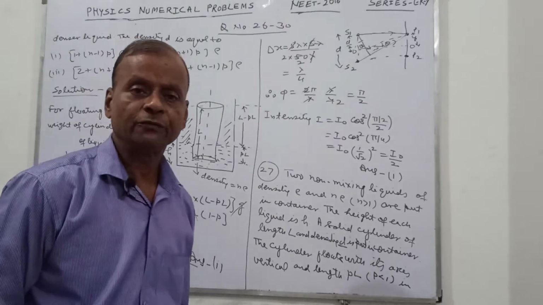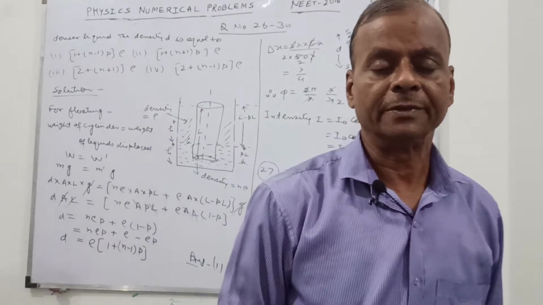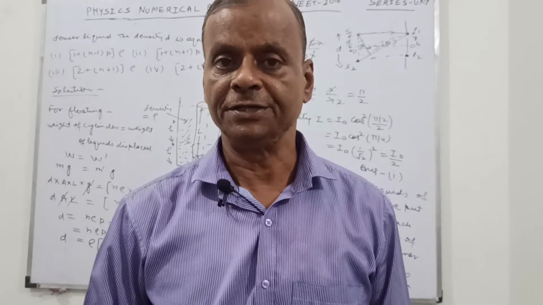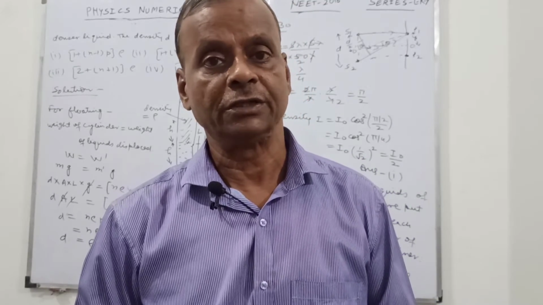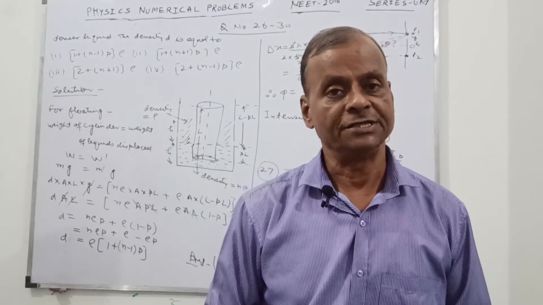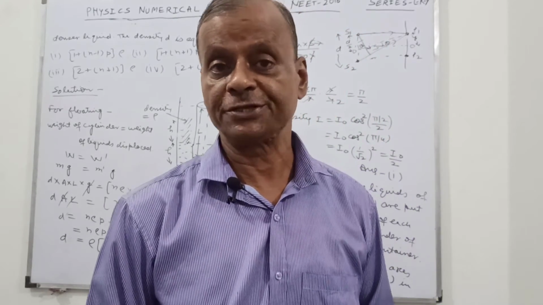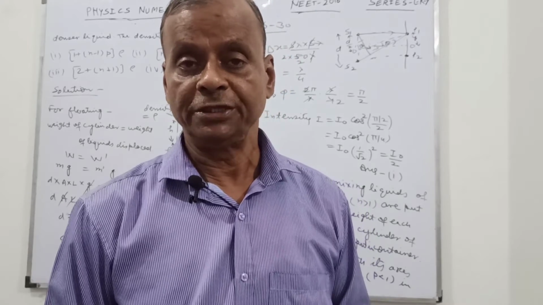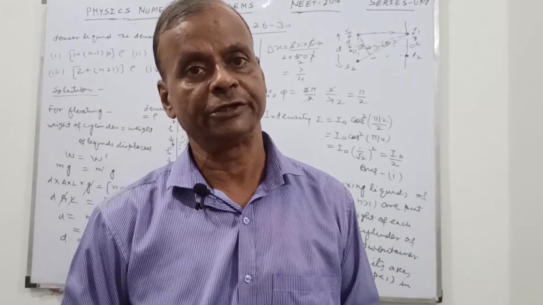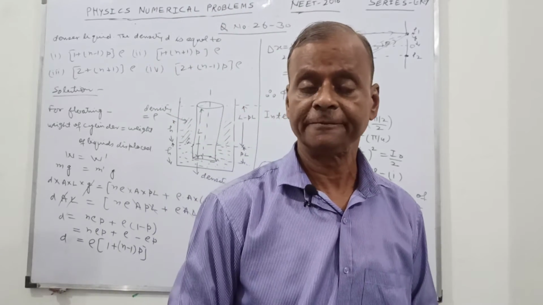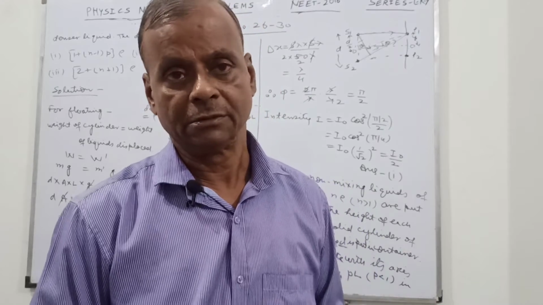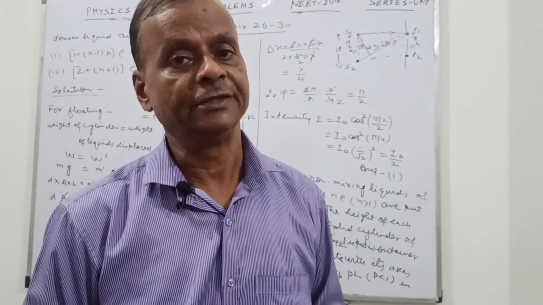So what we have to find here, you have to use the principle of floating that was given by Archimedes, that the bodies float in the liquids when the weight of the body is equal to the weight of the liquid displaced by the body. So here you were given two liquids, so you have to find the mass of the two liquids which are displaced by the cylinder, and then you sum up and calculate what will be the density of the